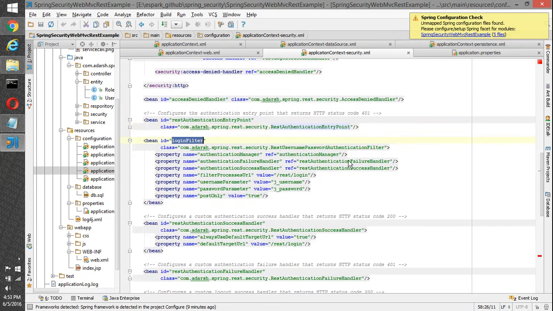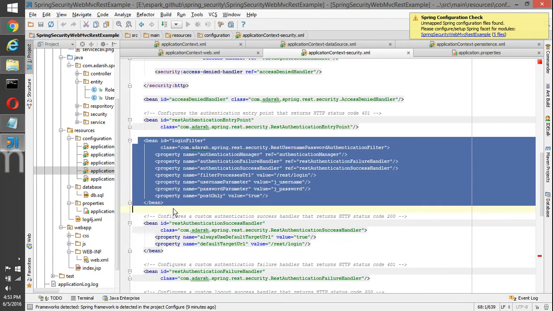Then we have a login filter here. In the login filter we have configured the authentication manager, then the success handler as well as the failure handler. Any request that comes with /rest/login, this filter will take care of. It takes the username and password parameters from that, and it should be a POST-only request; only then will this filter act on that request.